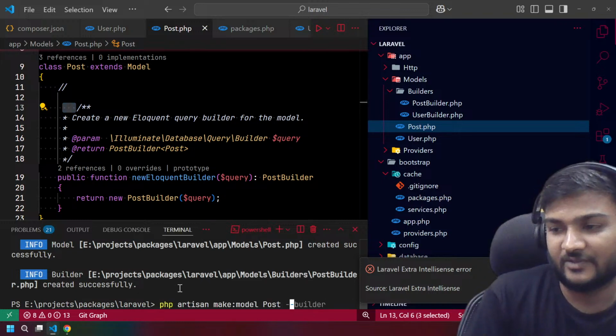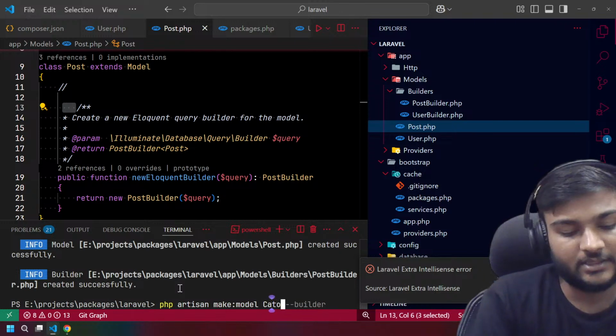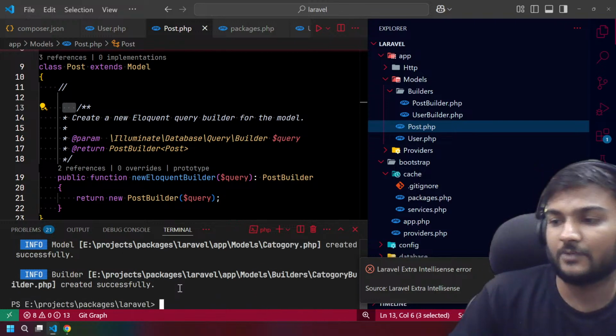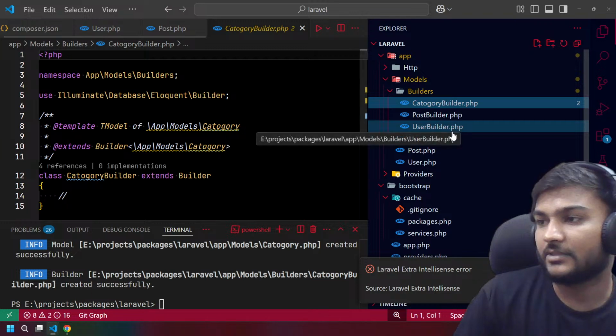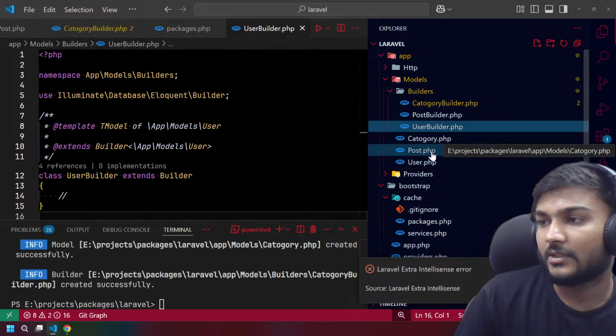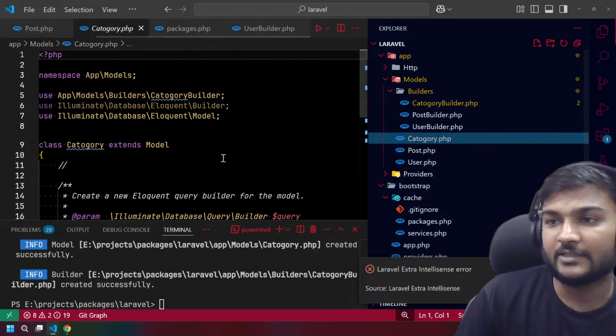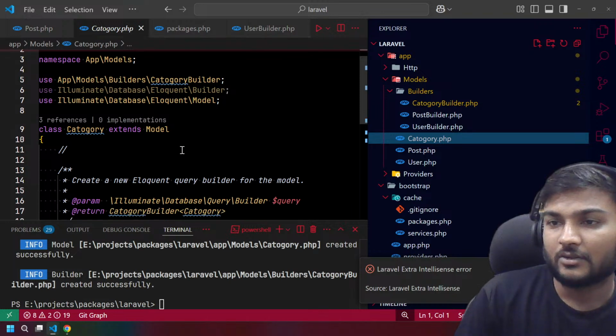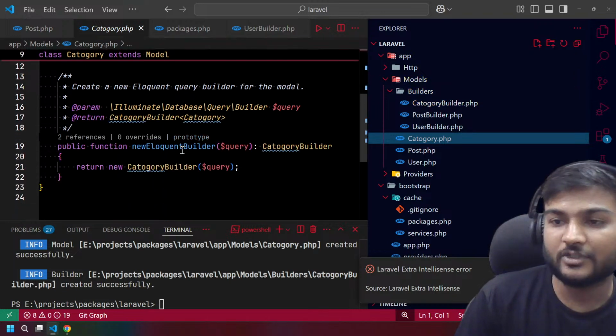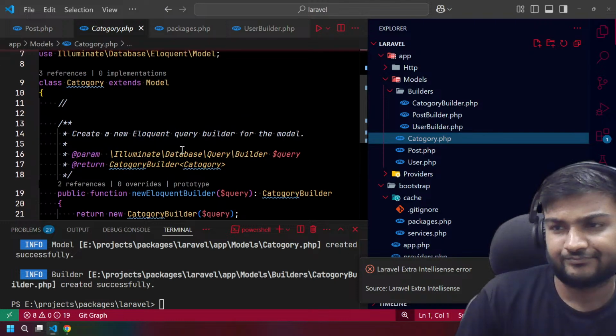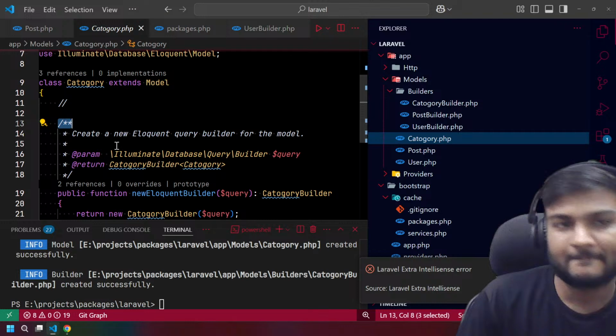You can call it post category for now, and category builder is there, and category is also there. Okay, we missed this file. Oh, it worked. It worked. Perfect.